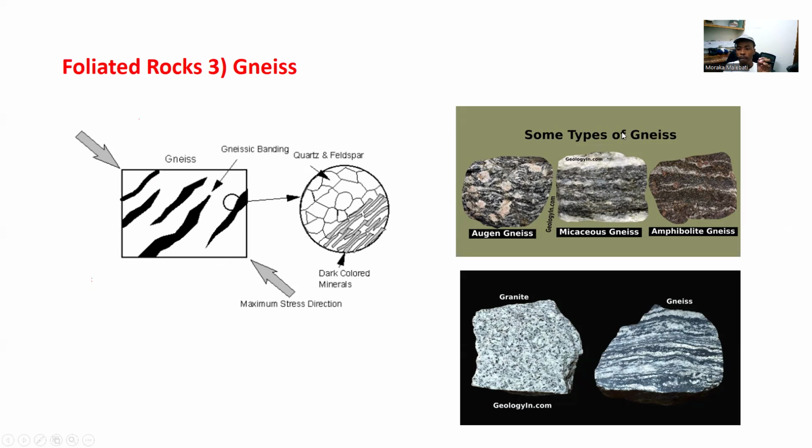So we also have types of gneiss. Gneiss has what you call gneissic bands. If you metamorphose a granite, it will give you a gneiss, which is why the gneiss will be having feldspars and quartz as well. Because of the feldspars that are there within the granite, when you expose them to intense pressures and temperatures,